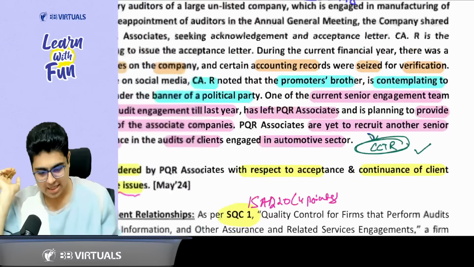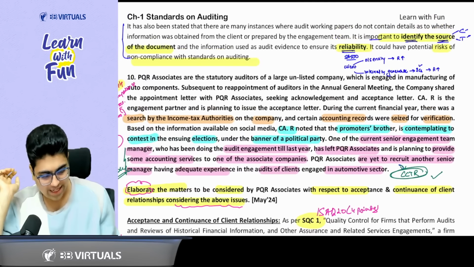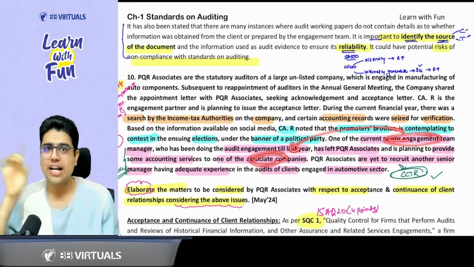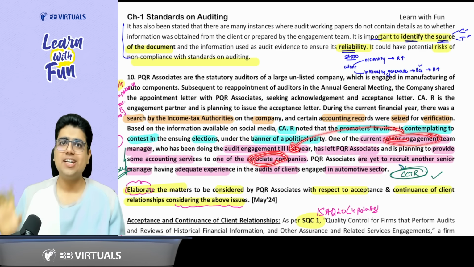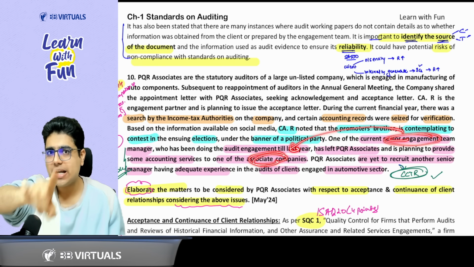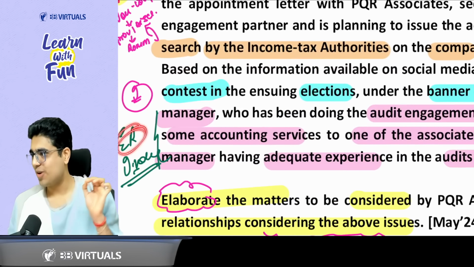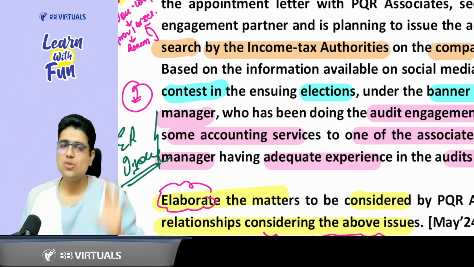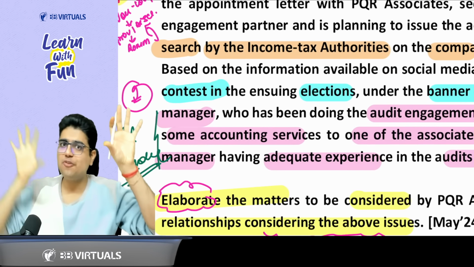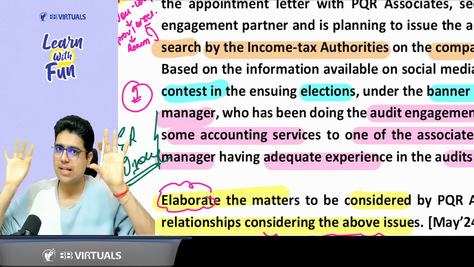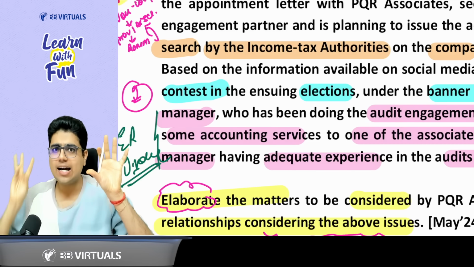Easy, easy sir. Plus sir, tell me one more thing. When your own team member is doing the accounting of your client, it will impact your objectivity. It will impact your independence. It will impact your objectivity. That means it will impact the ethical requirement. So you don't need to do anything. You just need to relate the facts of the case with the 4 points that we have discussed: significant matters, ethical requirement, CCTR and integrity.